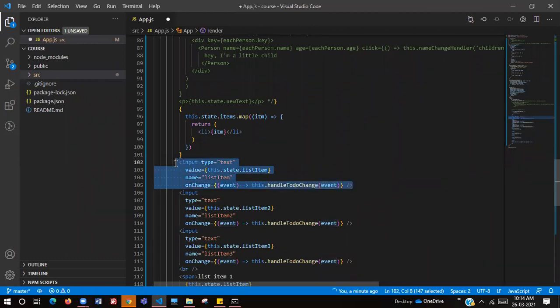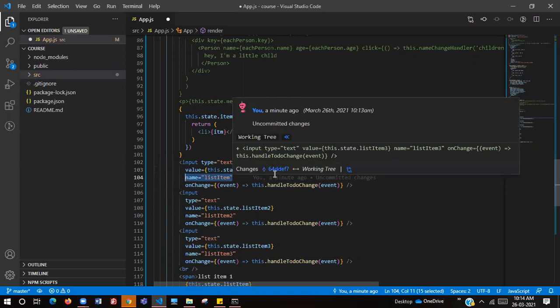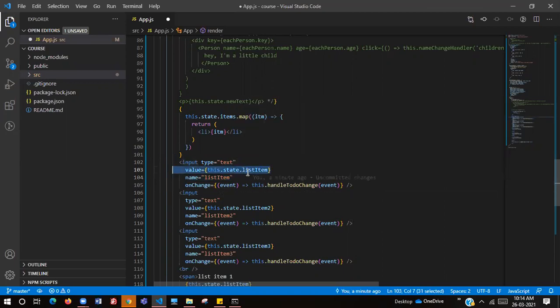This particular input. And target.value is this.state.listItem, where we type. Target.name is nothing but listItem. Clear until now? Yeah, it's clear now. Yes, Harish. Now we are getting the name and the value, and setting it to the input value of that particular name.